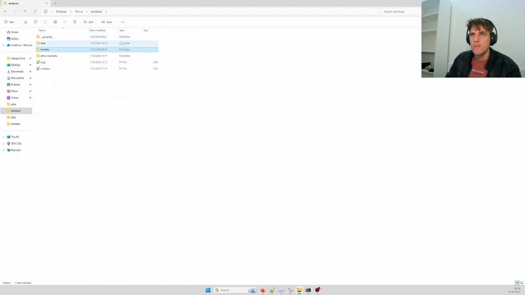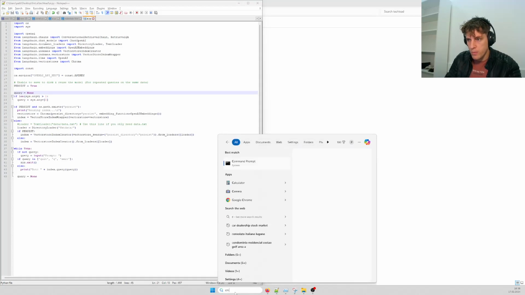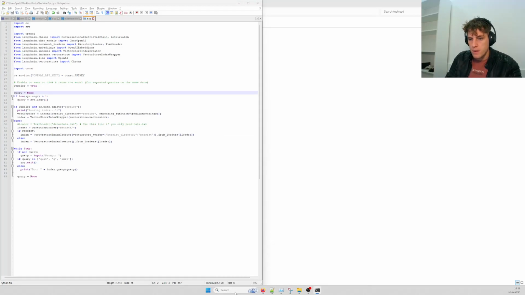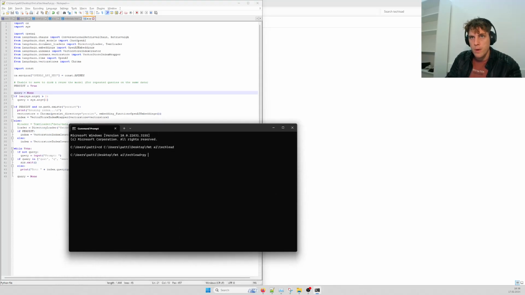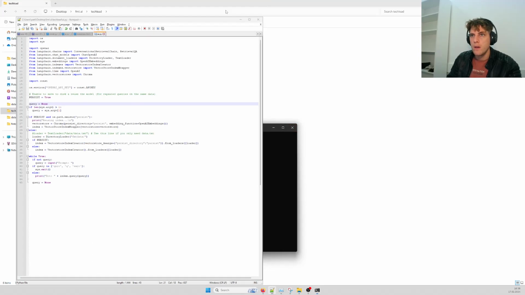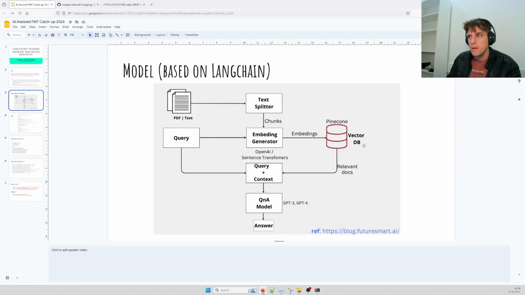Now let's start this whole small script. So py, and the file is called AI. So let's make this small. So some deprecation warnings, can ignore those. So now it's probably creating the vector DB,